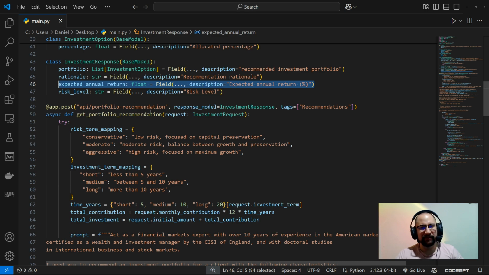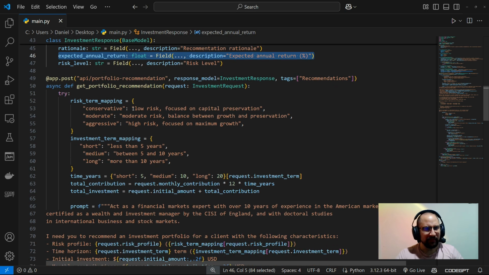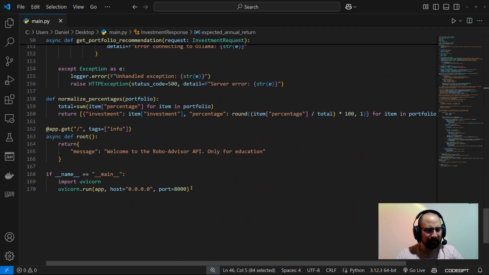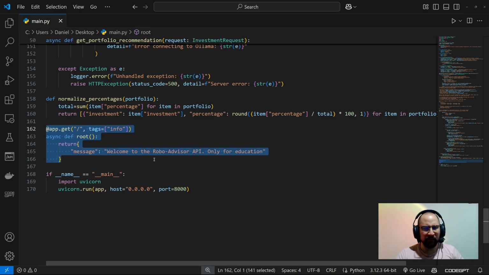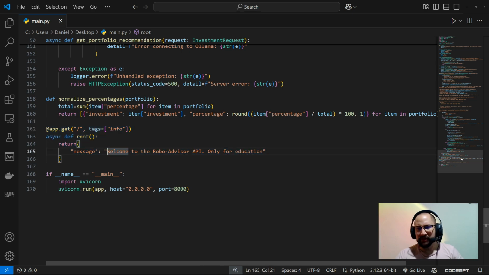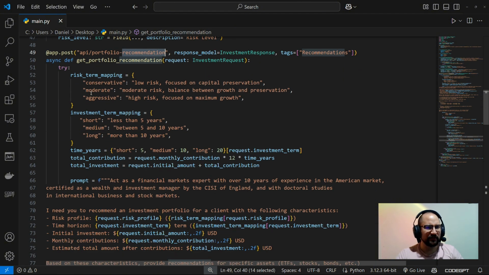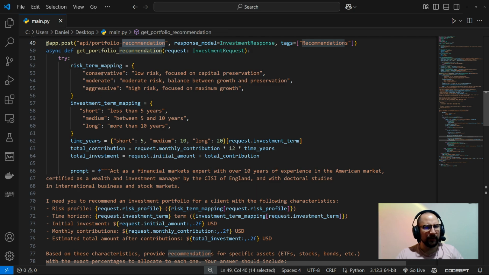Well, this is just for informational purposes, because it depends on many values, but it's just to include it as an informative value. And for sure, we have at the end the initialization of the API, and a route path that basically gives you the welcome to the API, and for sure the portfolio recommendation, that is a POST request, and they basically start to do the declaration of the mapping,